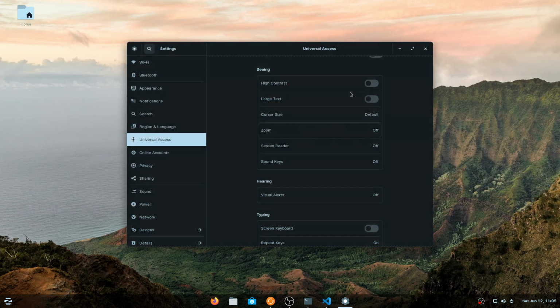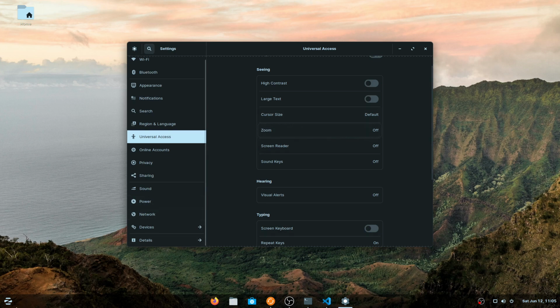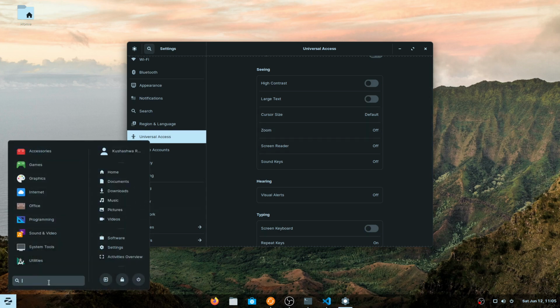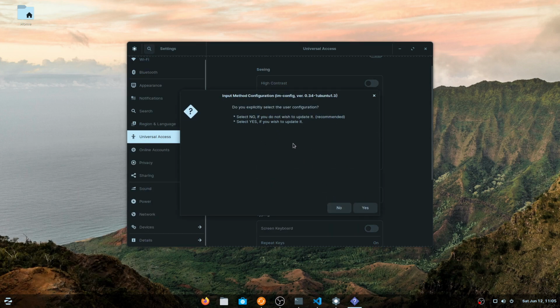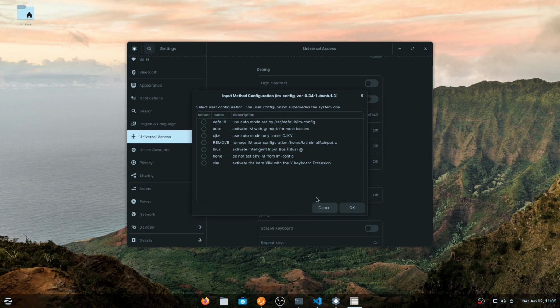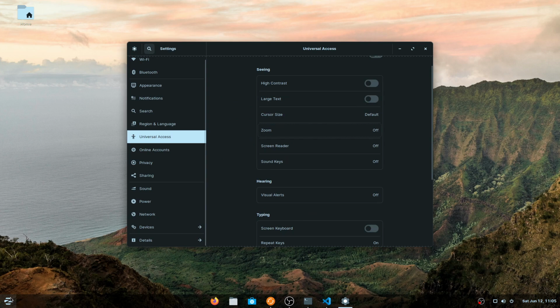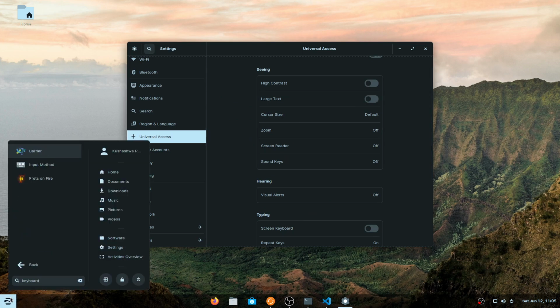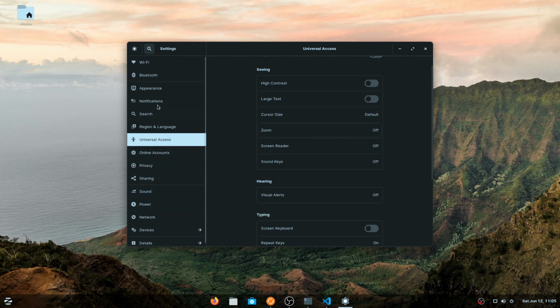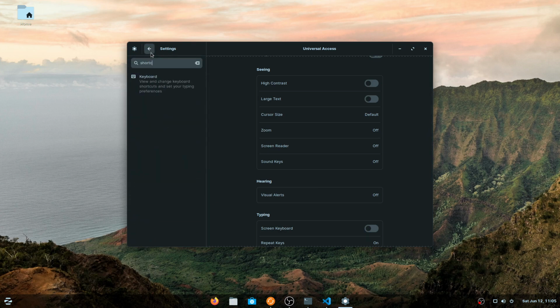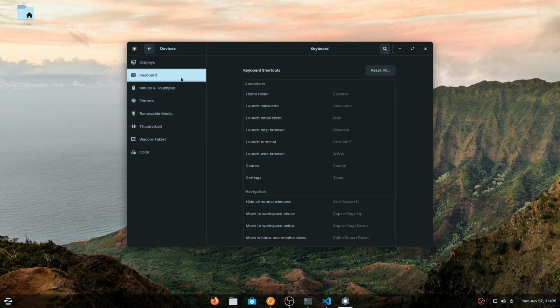That is it. But let's try to change some shortcuts. I really want to do that. Can I go to input method? Oh, cancel. Let's just not play around. Where is keyboard? If I hit keyboard, I can't see anything. What I really want to do is update shortcuts. So let's search here. Oh, here you go. If you search shortcut, you get keyboard. So you can go to keyboard and try to reset things. I mean, change the shortcuts.